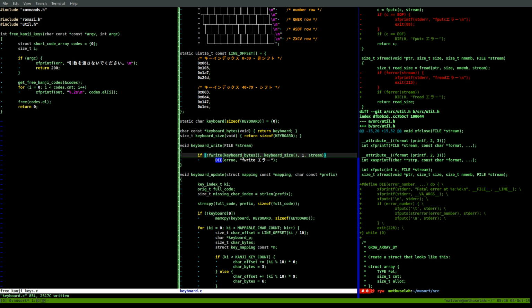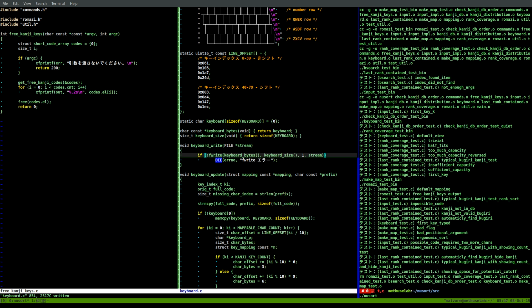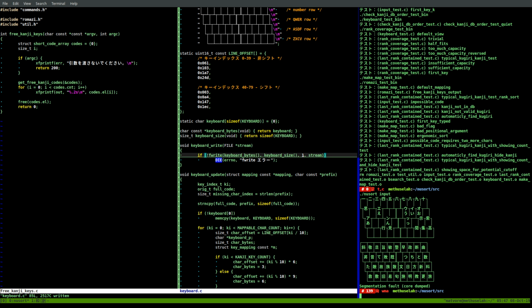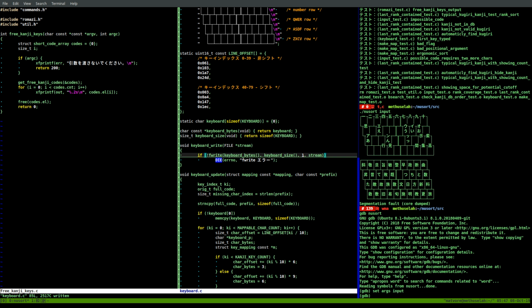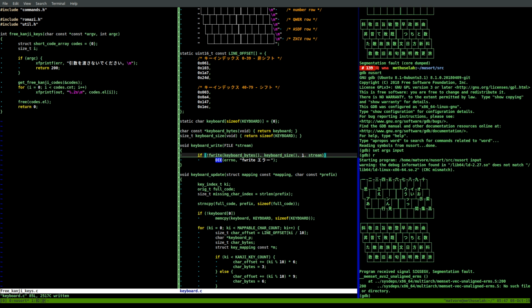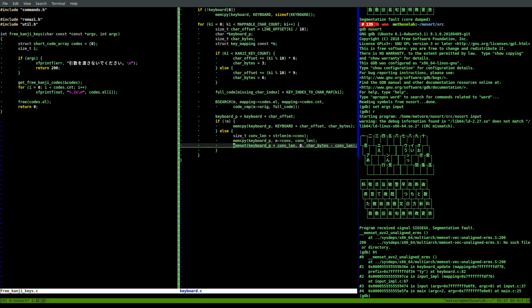Okay, so now let's make a debug version. Make C flags equals G. We'll do new sort input end ty. Alright, it fails. So let's do gdb new sort and set args to input and run. Okay. Trace. Keyboard update. Keyboard.c line 82. I already have it open. Okay, so right here